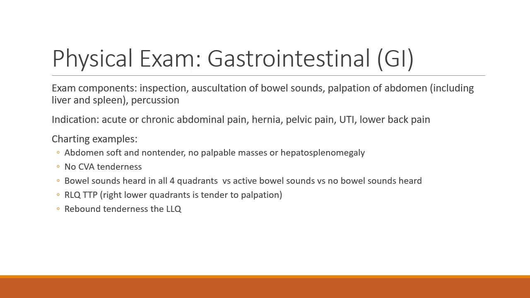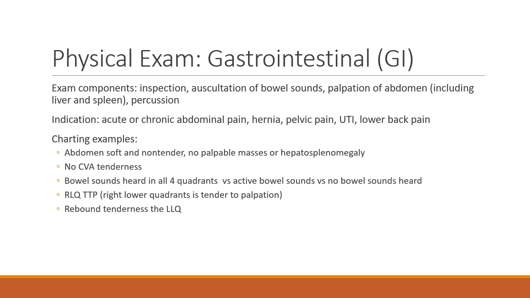Next on the list is the gastrointestinal or GI exam. This physical exam includes inspection of the abdomen, auscultation of bowel sounds, palpation of the abdomen, and percussion. Indications for the abdominal exam include abdominal pain, pelvic pain, constipation, diarrhea, nausea and vomiting, UTI symptoms, or low back pain. Not all exam rooms have an exam table, so if you need to perform an abdominal exam and you don't have a table in your room, please let one of the board members know and they'll switch around their